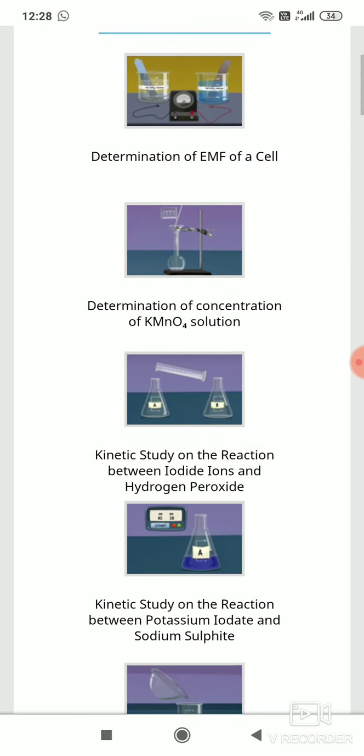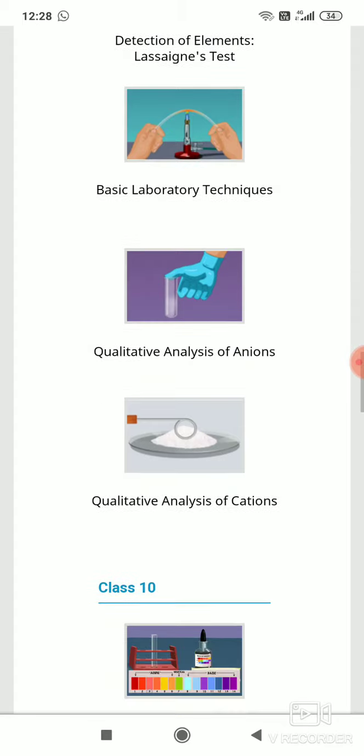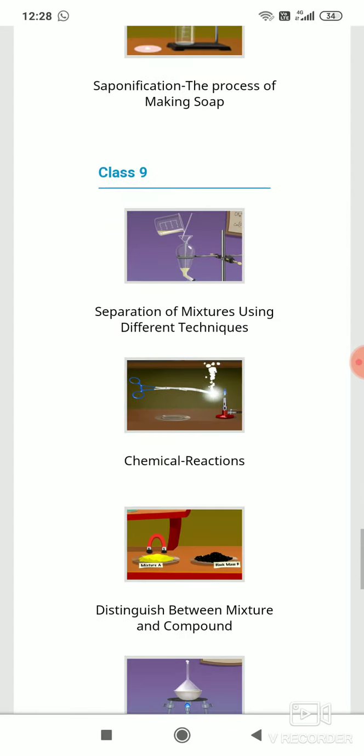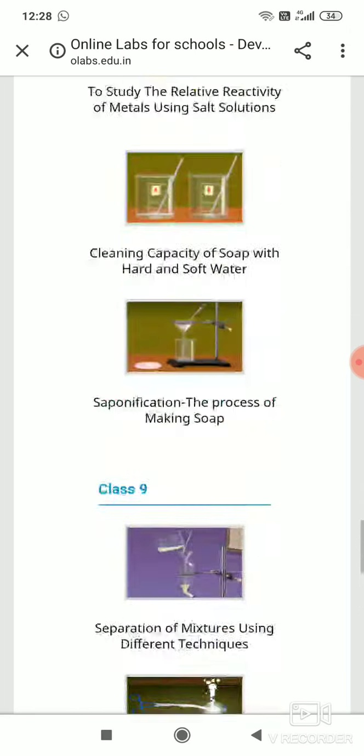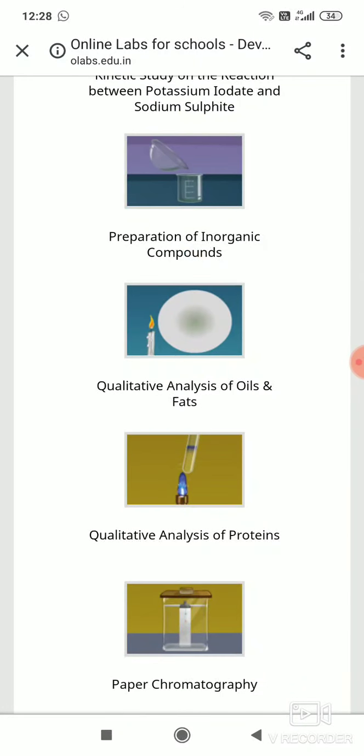Here we can see a number of experiments for class 12th, class 11th, class 10th and class 9th. Whichever practical you want to show to your students, click on that. Like I am showing the paper chromatography for class 12th student.